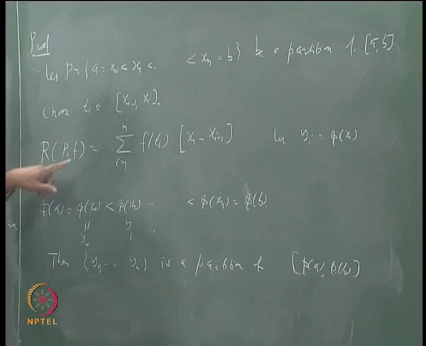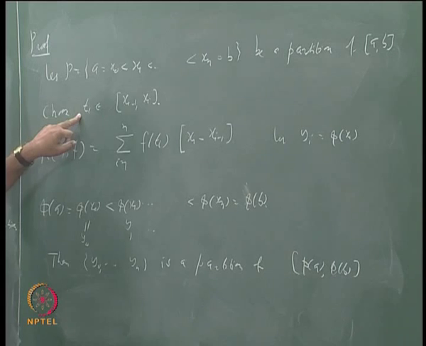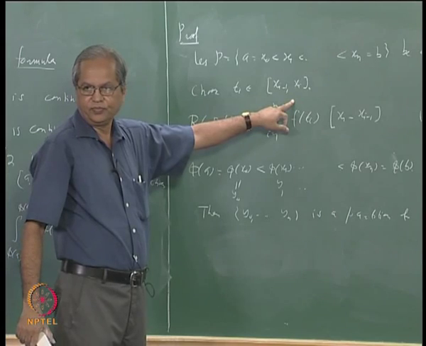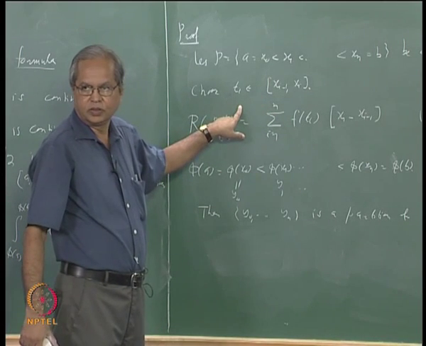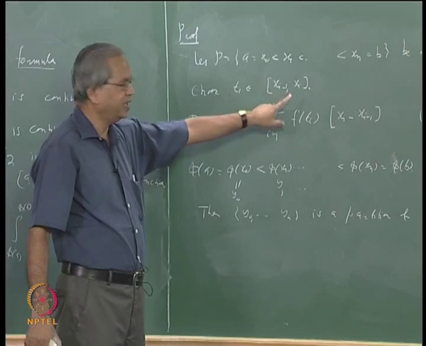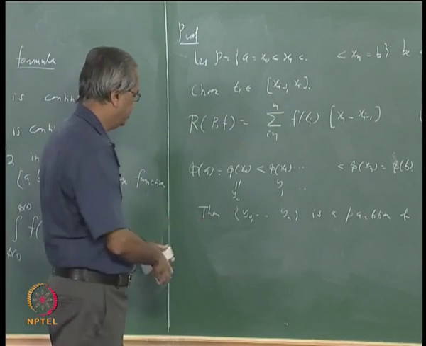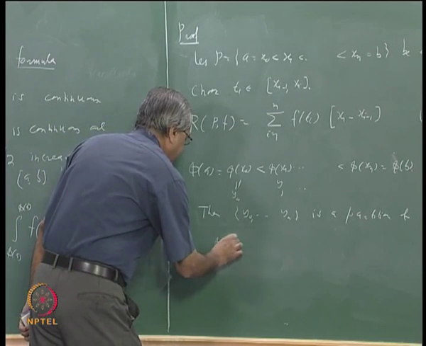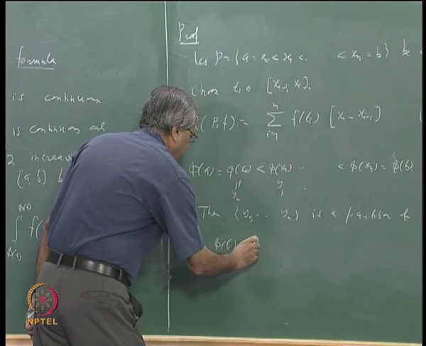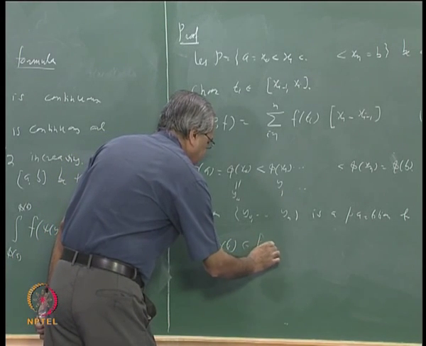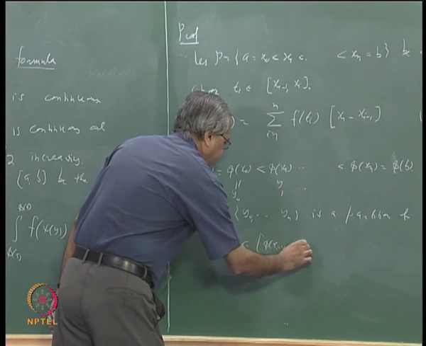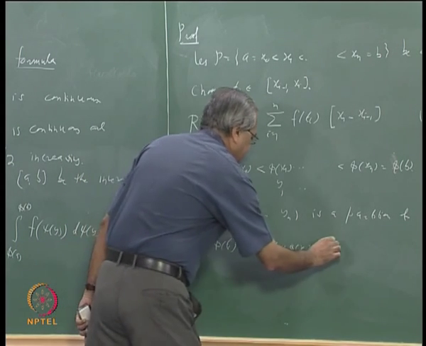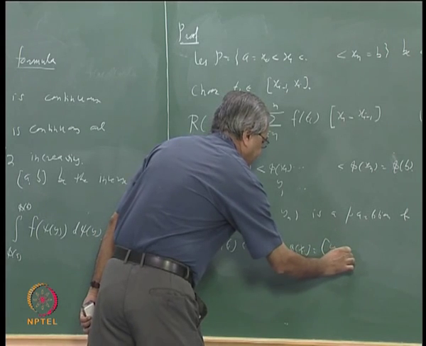That is what is said about these xi's and yi's. What about the ti's? If ti is in [xi-1, xi], then phi of ti must be in [yi-1, yi]. So this means phi of ti belongs to phi of xi-1 to phi of xi, which is the same as [yi-1, yi].